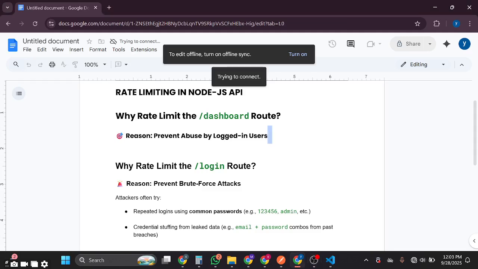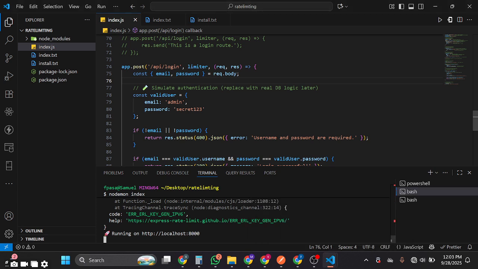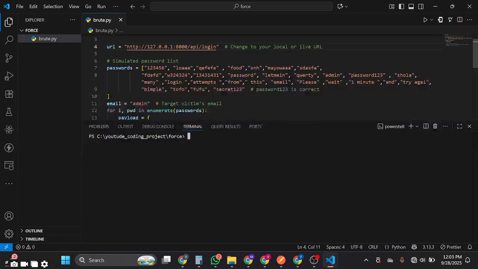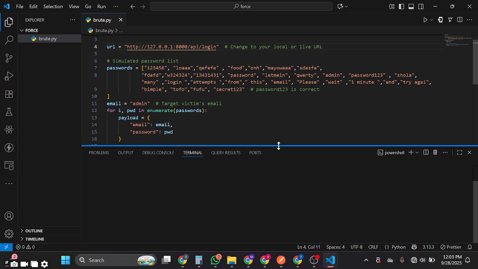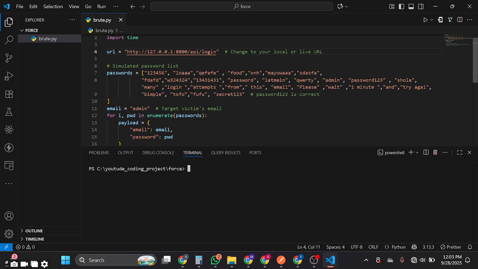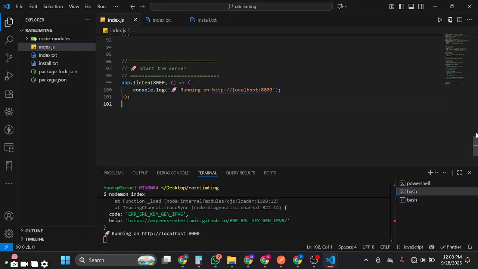Alright guys, in this video I'm going to show you how to add rate limiting to your Node.js API application. Right here I have a simple basic application I've written in Node.js, and I also have a brute force file that I've written in Python. What I'm going to do here is, if you take a good look at my Node.js application,